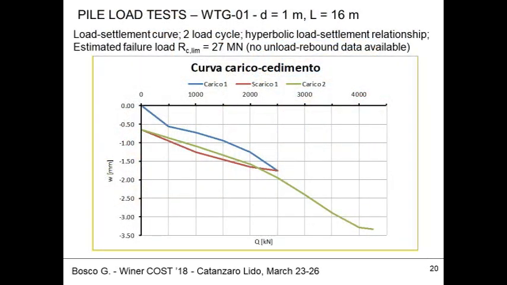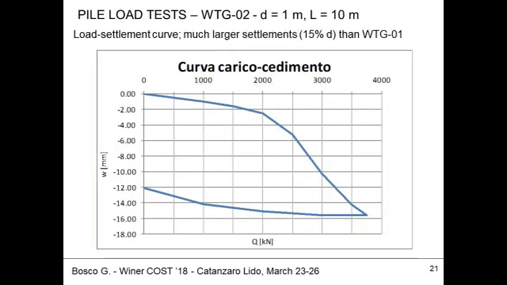This is the first load test. In what we see that the load carried was 4 meganewtons at a comparatively little settlement. I don't know why we don't have a rebound curve. This is a mystery. So by estimating the failure load, we came out with a very high load, which is much greater than the design load. Okay. And the second